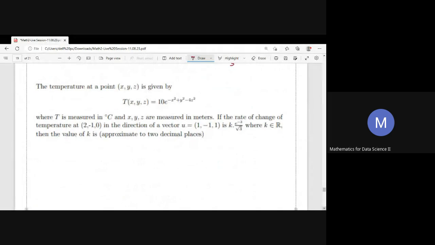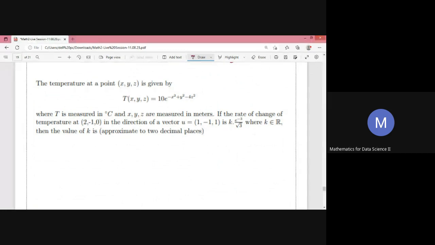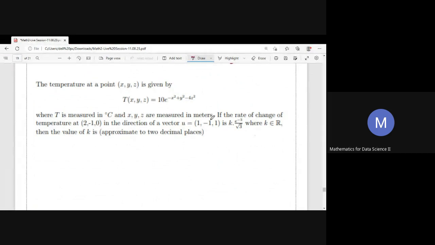The temperature at a point x, y, z is given by this function, where T is measured in degrees Celsius and x, y, z are measured in meters. If the rate of change of temperature at (2, -1, 0) in the direction of this vector is given like this, find the approximate value of k. It is a very simple problem of finding the directional derivative only. So what will you do first? Find the